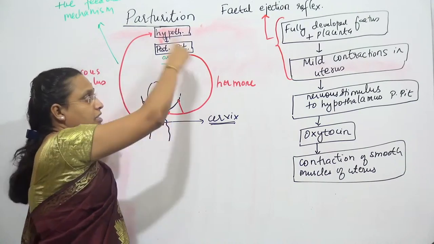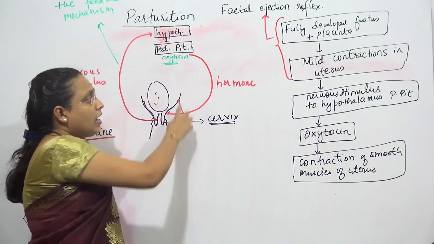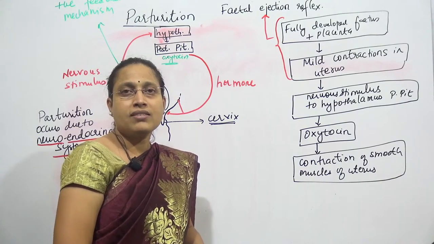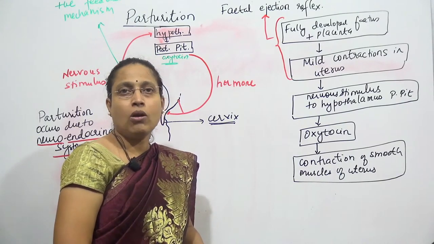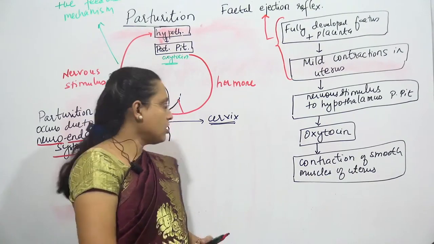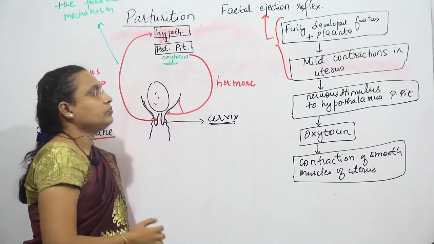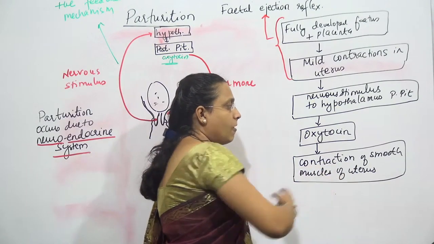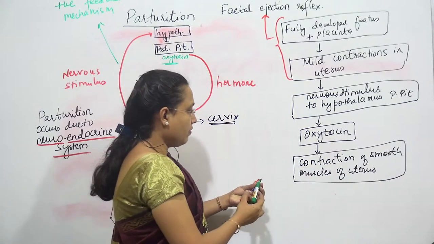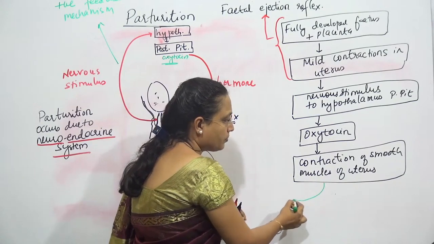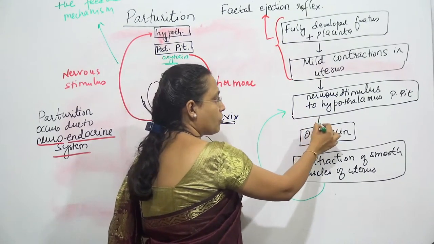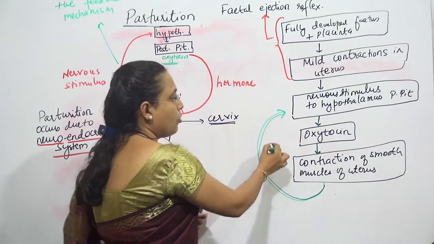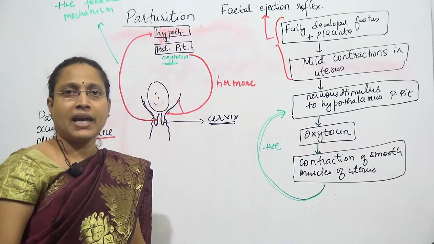Till that occurs, this process keeps on continuing. Now, as the contraction of smooth muscles of uterus occurs, the woman experiences pain, and that itself is called labor pain. So that is about the positive feedback mechanism. Contraction of smooth muscles of uterus causes more concentration of oxytocin, and oxytocin again increases the concentration. This keeps on. This itself is the positive feedback mechanism.